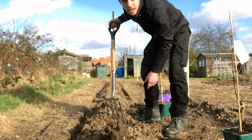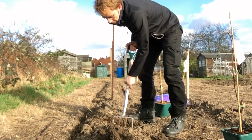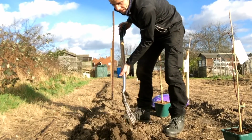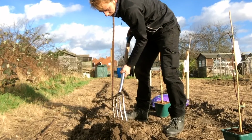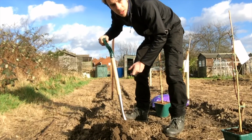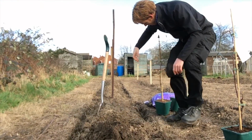Remove any unwanted debris and stuff. You want to make a nice deep hole for planting them in, so that you can get a good soil that's nice and loose and well draining. You want a nice well draining soil. Once we've dug our hole, I got some